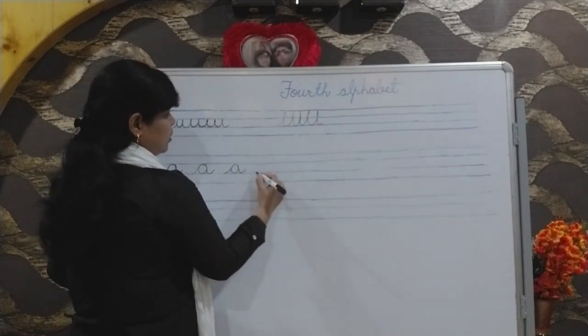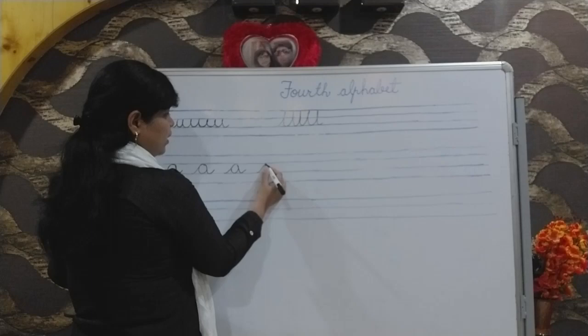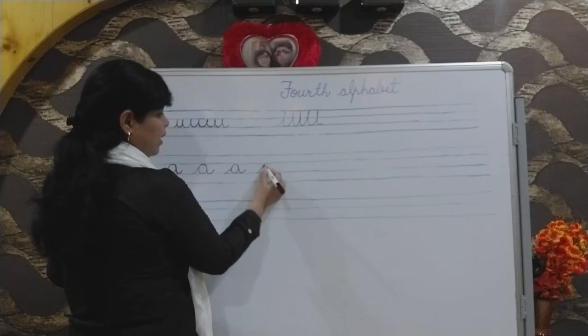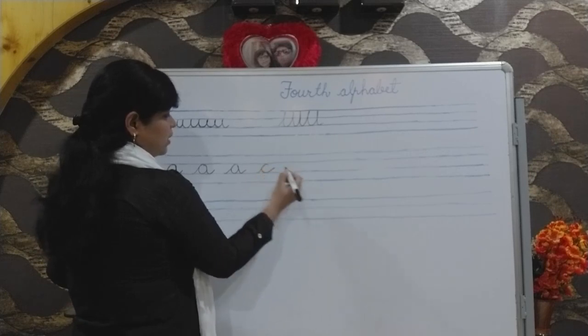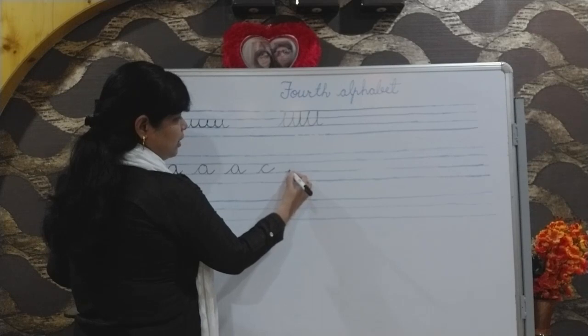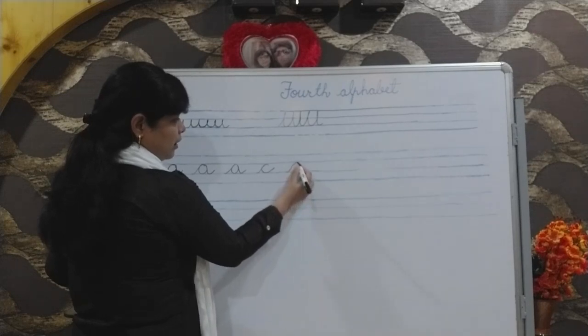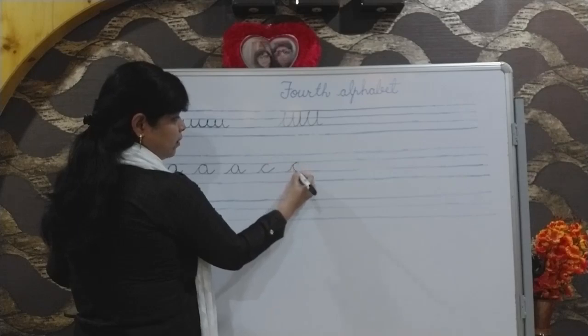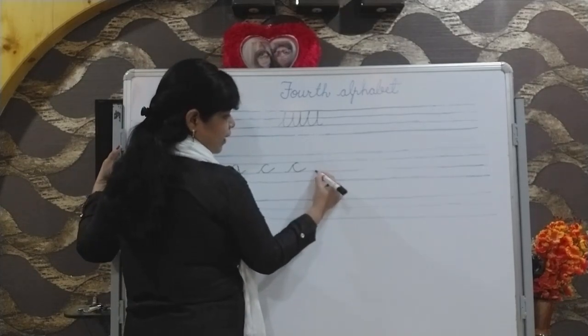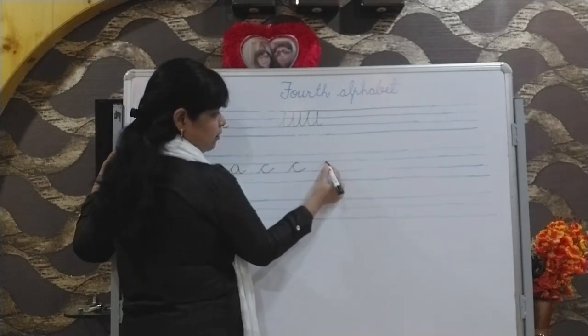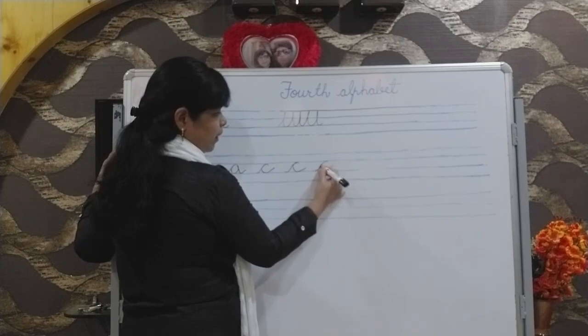Now C, in this manner only we have to draw C. In the same manner as A we have to write C. That's why before B I am showing you how to draw C. So we start at the third line. We have to go to the upper side, then move a little bit ahead, turn back and move ahead. We should not lift our hand. This thing you have to take care of, in this proper manner.